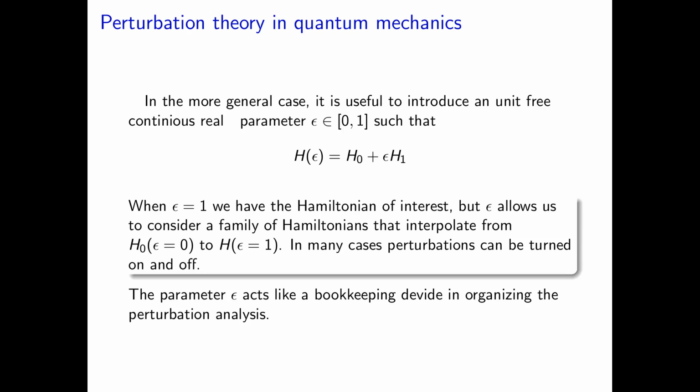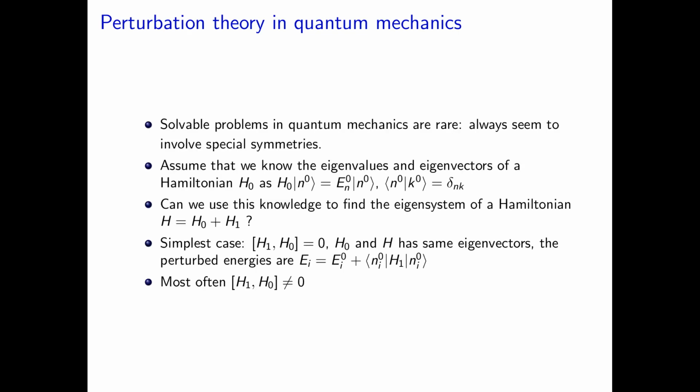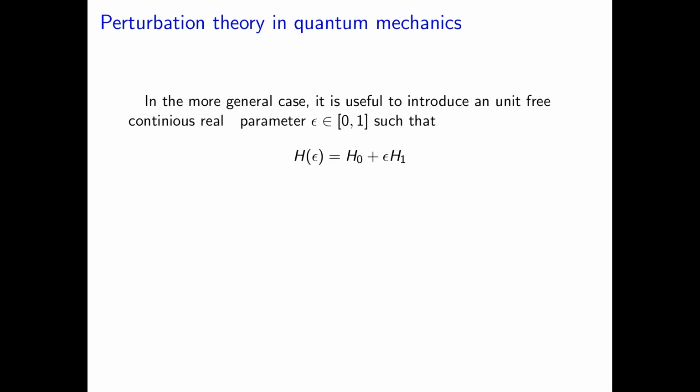So, let us ask the question, when does such a scheme work? If I have a problem of this form, you are allowed to write down the problem which you want to solve in this form, where you have a part H naught and a part H1, and then you are introducing an extra parameter epsilon to solve the problem, and at the end of course you have to bring back the original problem you want to solve, where H is equal to H naught plus H1.